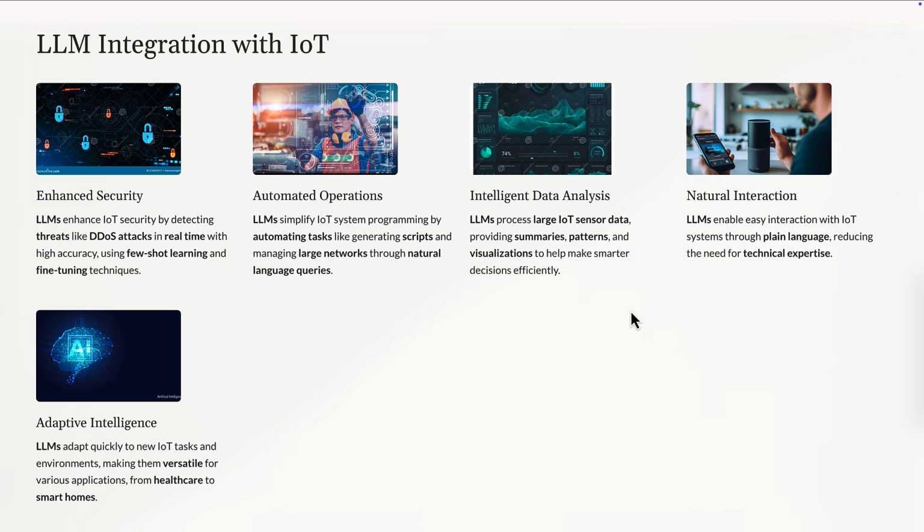Intelligent data analysis: the LLM can process large IoT data. Natural interaction, like Alexa. Alexa uses AI to understand your voice and then bring you back the response. Like Alexa or Google Echo devices, it also does the same thing. And adaptive intelligence for